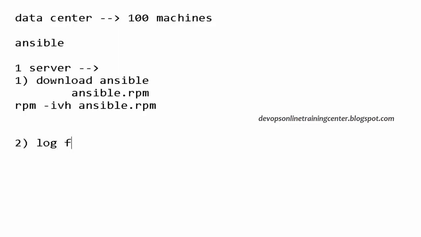So this is one scenario, and the second scenario is, let us say I want to store log files from 100 machines. On each of the 100 machines there is a log directory called var, and an application is writing to this directory. Let us say the application name is XYZ. So on each machine there is a log file called xyz.log, and on 100 machines that application is running and it is writing to this xyz.log.